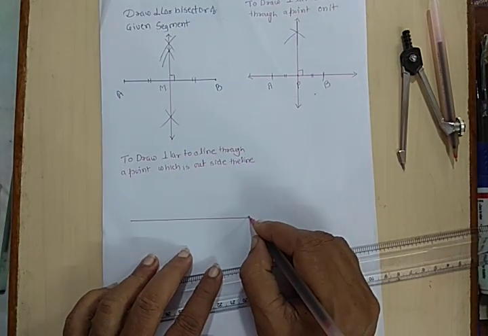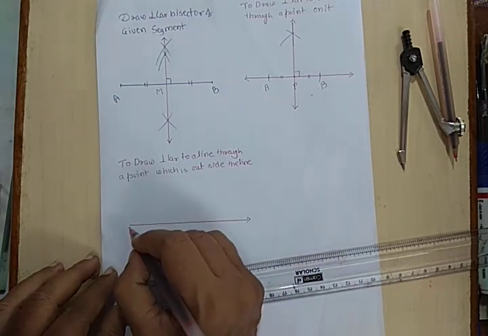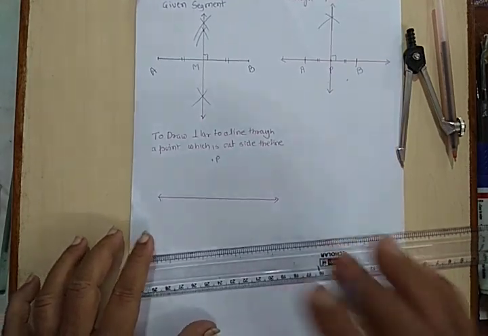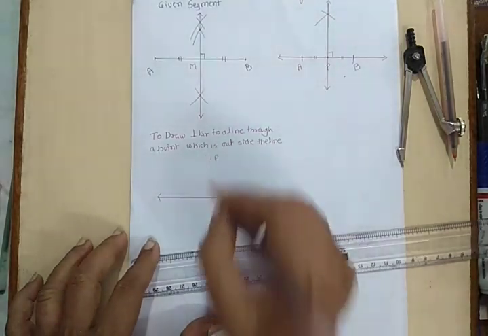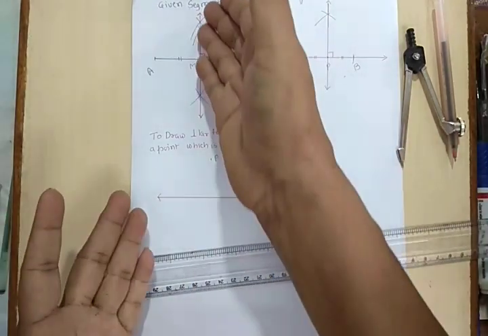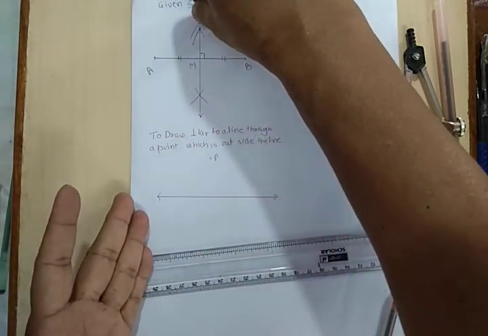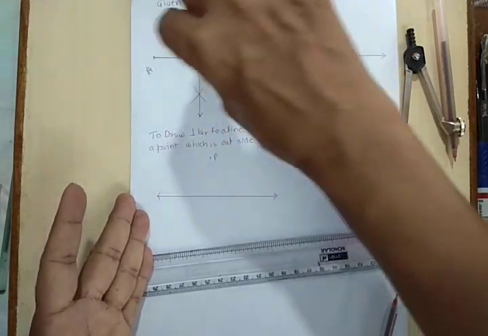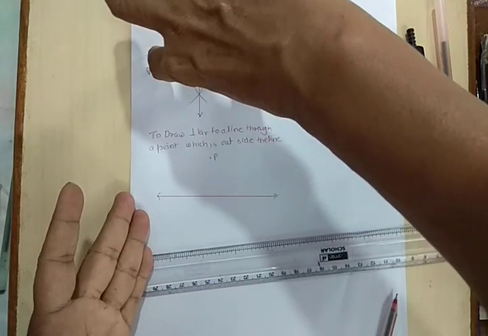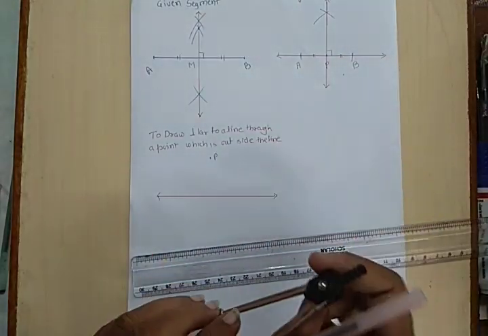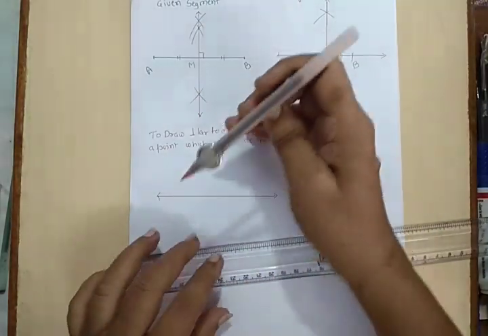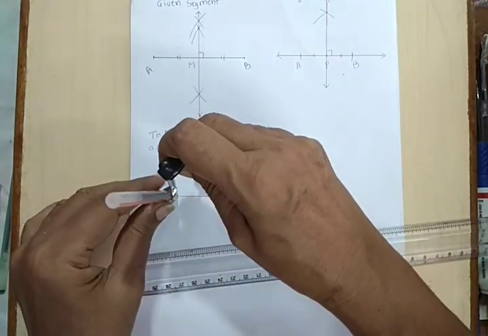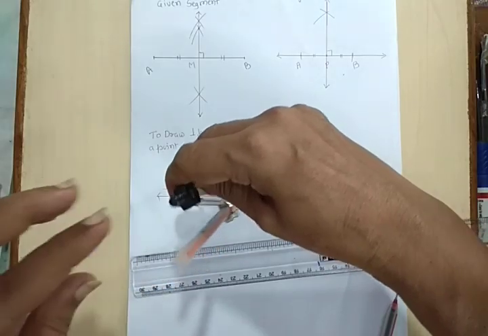Suppose this is a line and there is a point P outside the line. We have to draw perpendicular through this point. Then again we will find some points. Here one of the point is there. We need to find this point. To find this bottom point, we need to find these two points A and B. How to find these 2 points A and B, which are equidistant from P? Just cut the line with some arc.